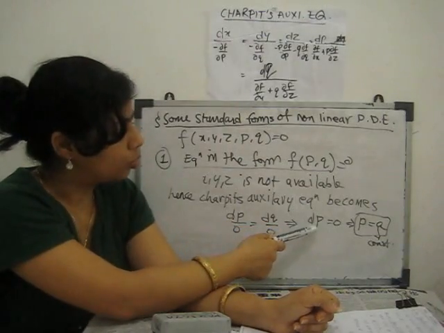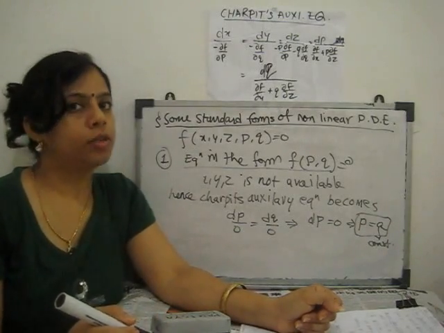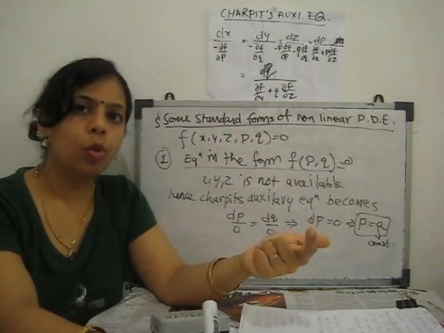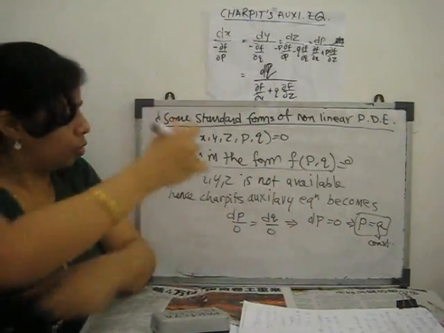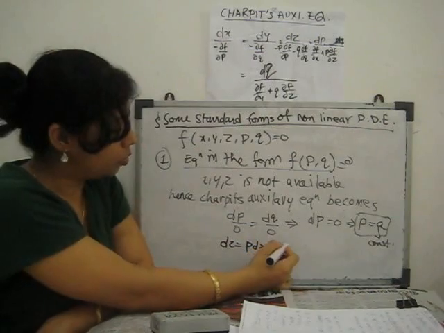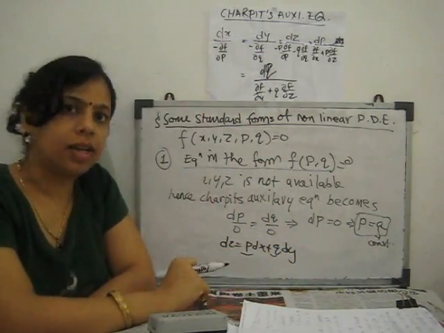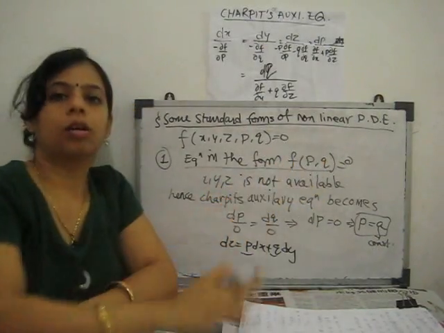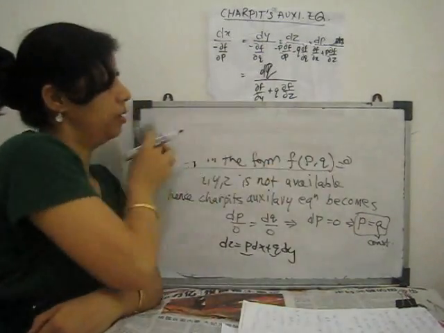So we directly substitute. We say dp equal to 0, which means p equal to a, a constant. We substitute this in the given function and find the value of q in terms of a also, and then substitute in dz equal to p dx plus q dy. Substitute p and q in terms of a here and integrate it. We will get the solution. So it's very simple and easy if our question is in p and q form. So how do we solve? Let's go for some examples.